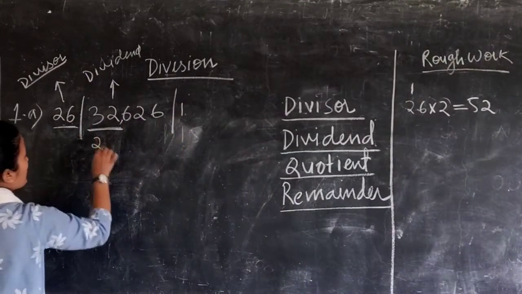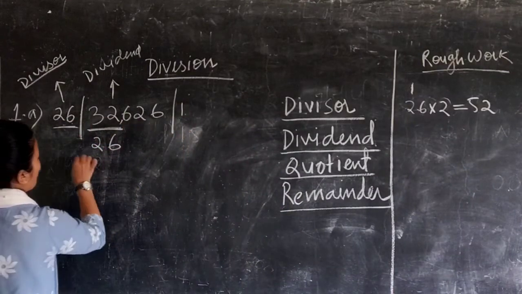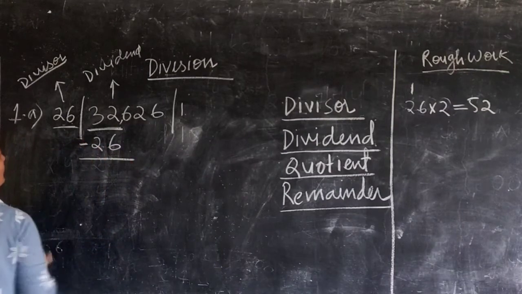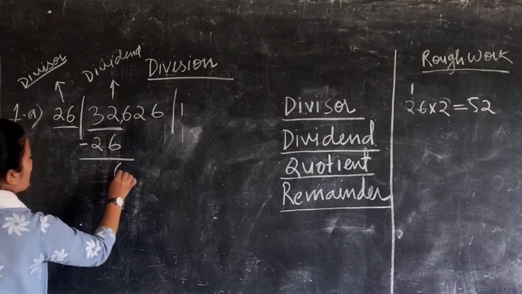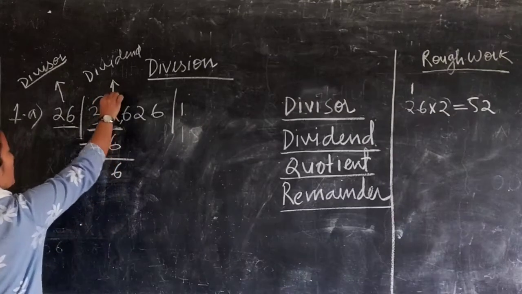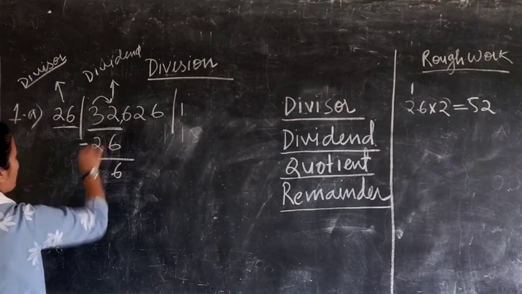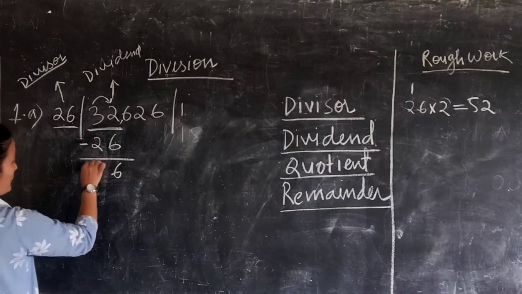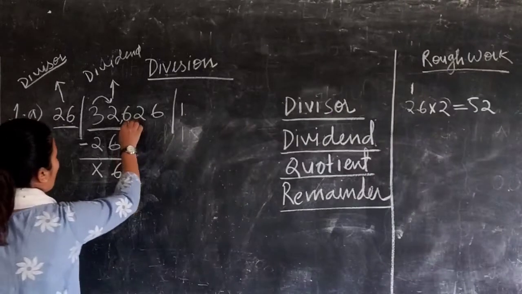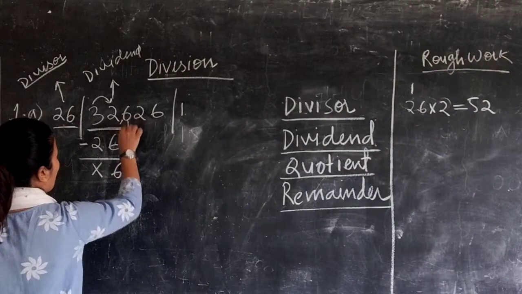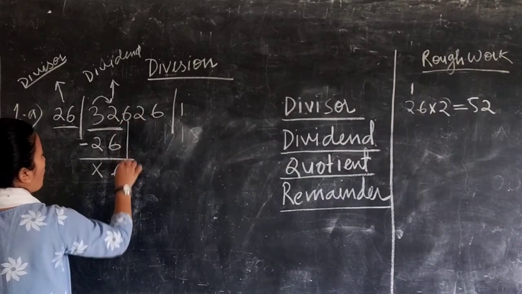1 is 26. Okay, now subtract the numbers. So 12 minus 6 would give you 6. So since you had carried forward 1 here, so you have 2 minus 2. You can either write 0 or you simply cross like this. Okay, now carry forward the another term. You can at a time carry only one number.